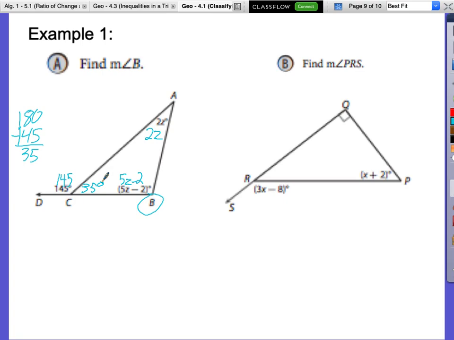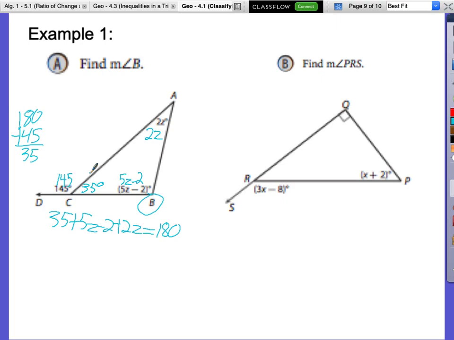Now we can add these three to 180. So we can set up 35 plus 5z minus 2 plus 2z is equal to 180. What Abby did was the same thing we did earlier, add the three interior angles up to 180, but first, she found this interior angle and said that one's 35 because these are a linear pair. So we can solve it this way. Is there another way we can set this up, class? I'm asking, there probably is one.